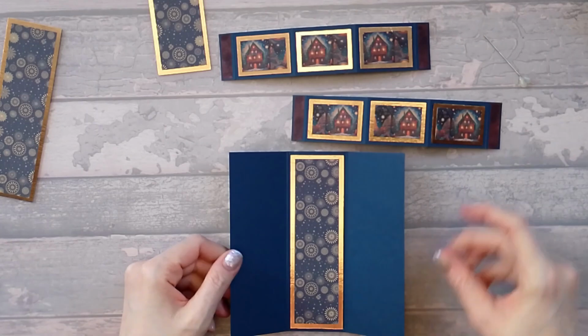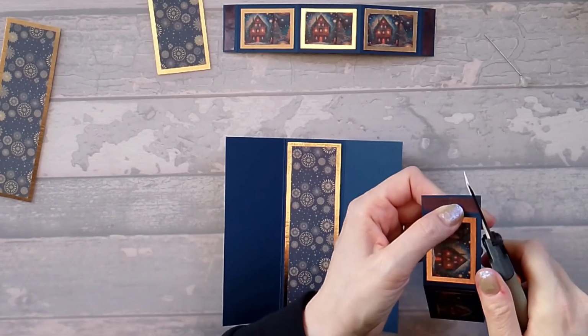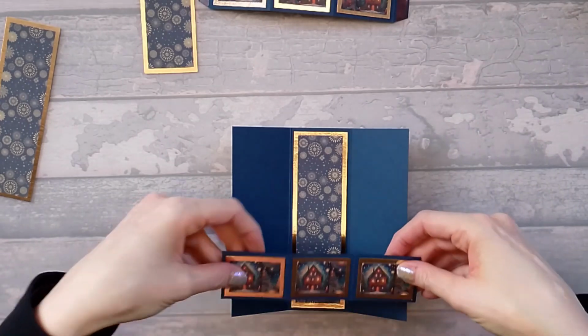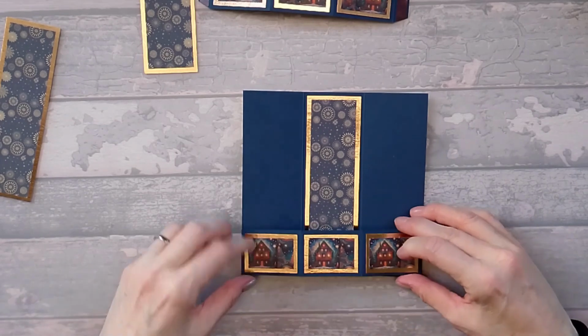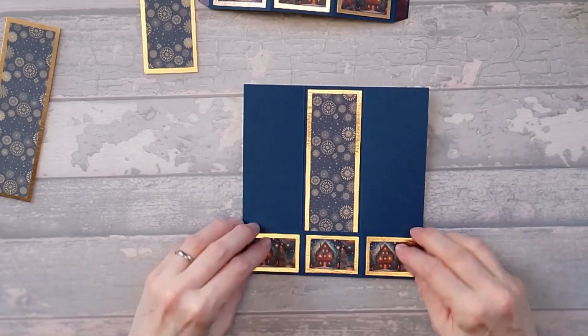Okay, so you should end up with that. Now what we're going to do is on these tabs, I'm just going to notch them just slightly. And then I'm going to take one of my pieces, and these are going to go on the front like that. You can put these around the back if you want, but I just think if you do it this way you're not going to have problems,